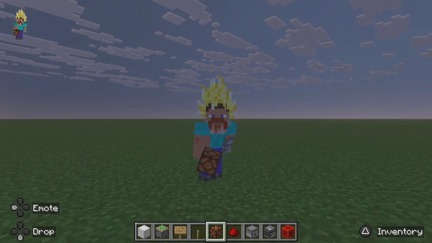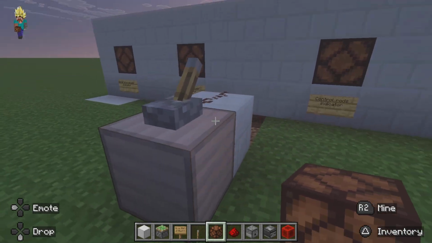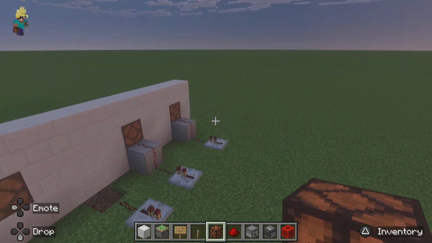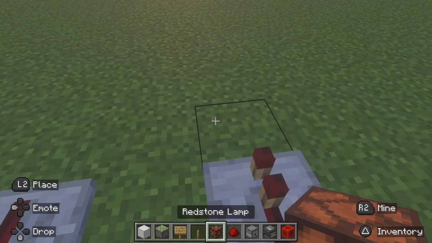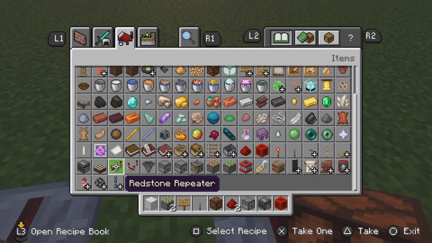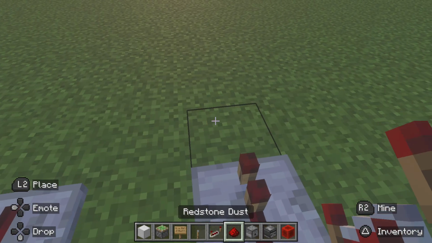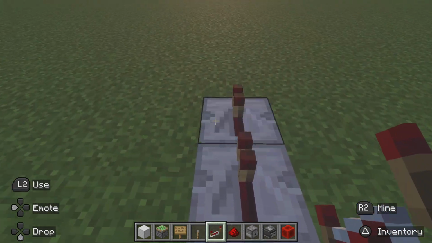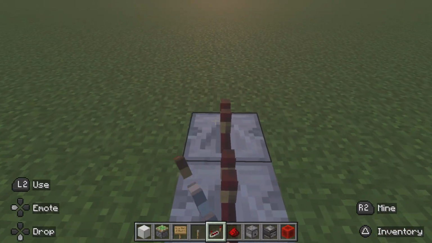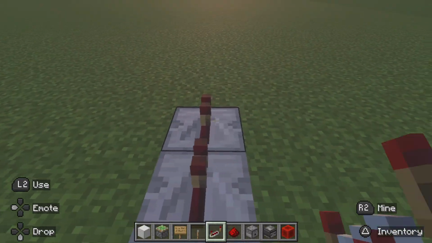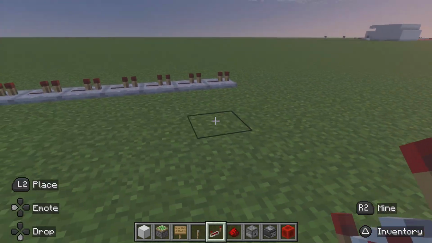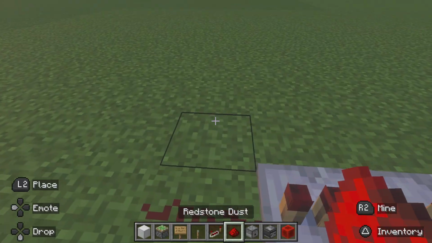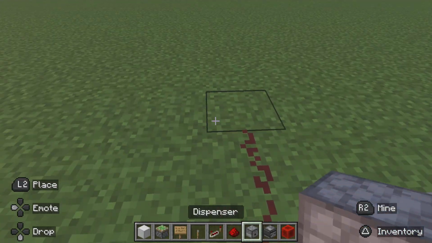So the first part of the GLC reactor we're gonna be making is our control rod system that connects directly to the startup button. You just wanna get some redstone repeaters and place them in a straight line like this. I won't really make this too long because I want this to be a short tutorial and not boring. So anyways, you want to turn it a bit like this and